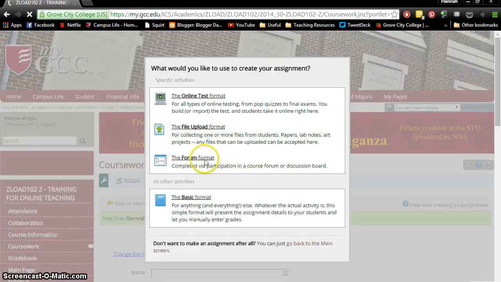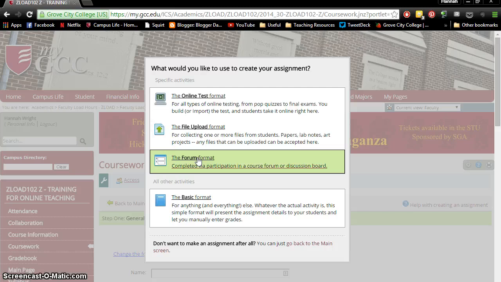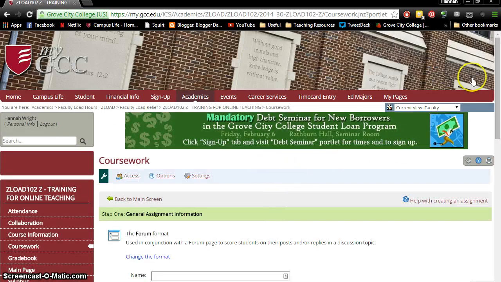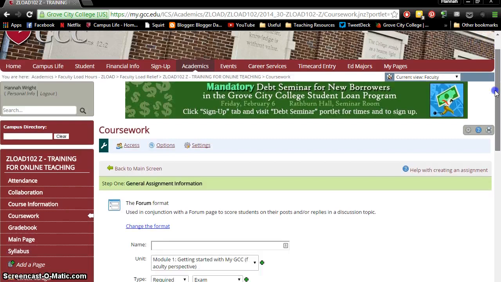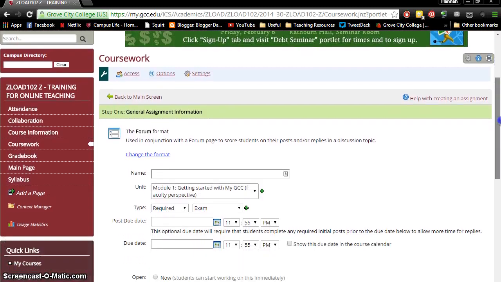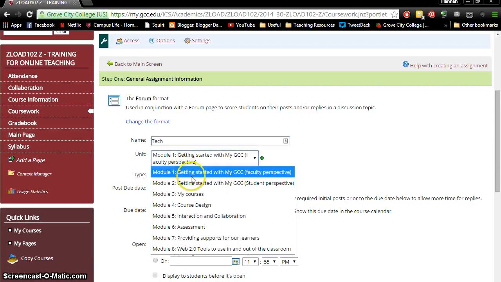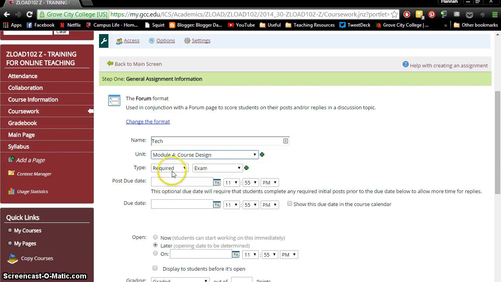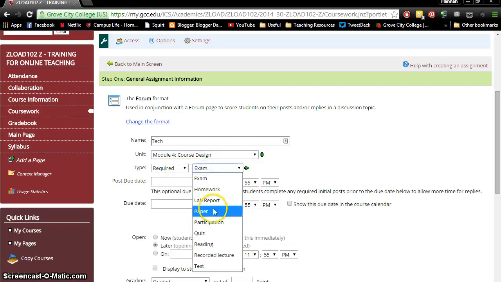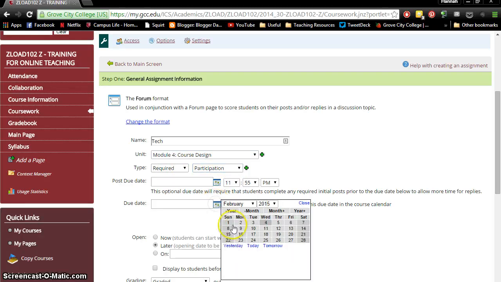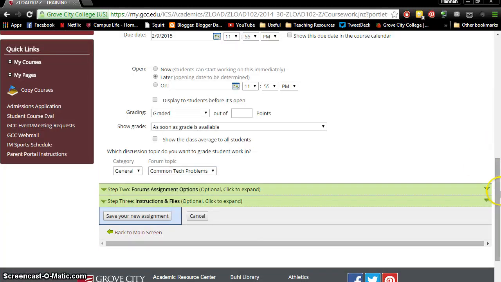Another type of assignment you can do is the forum format. This is for the collaboration tab that is talked about in another video when you want students to participate in the forum. So again, give it a name, decide what module you want it to be assigned to, the type, the due date, when you want it to be open,